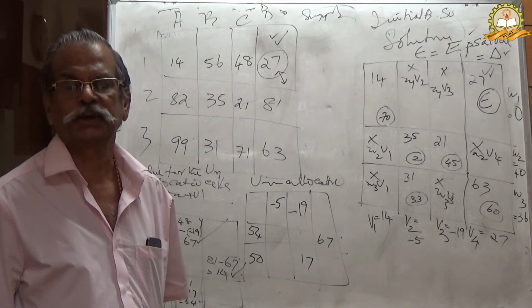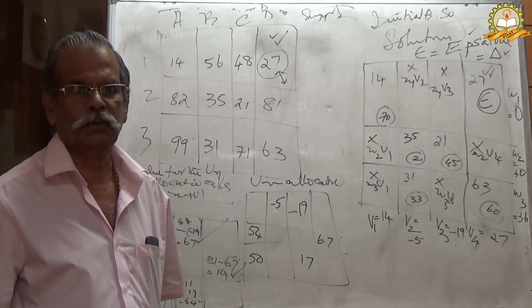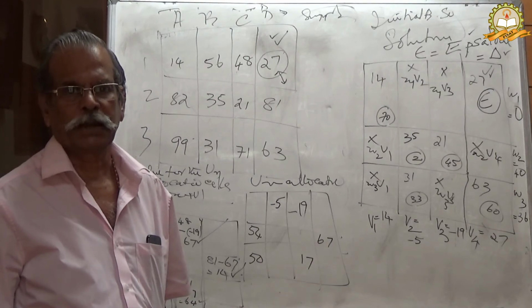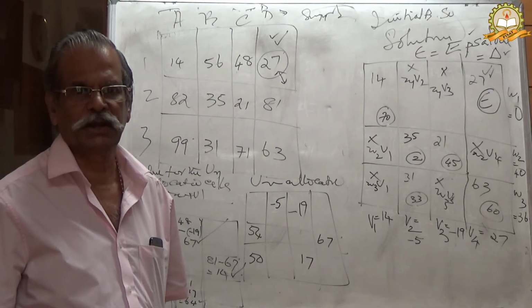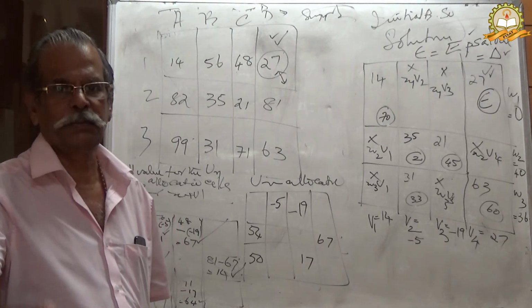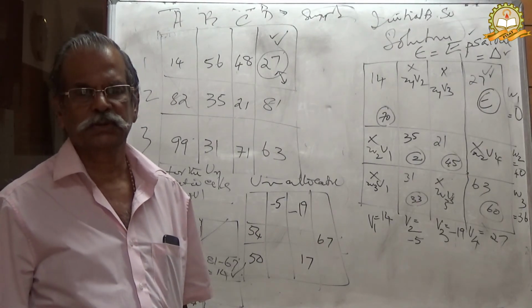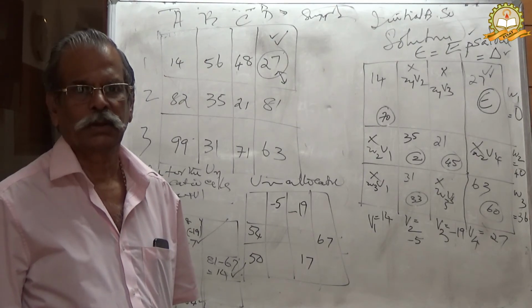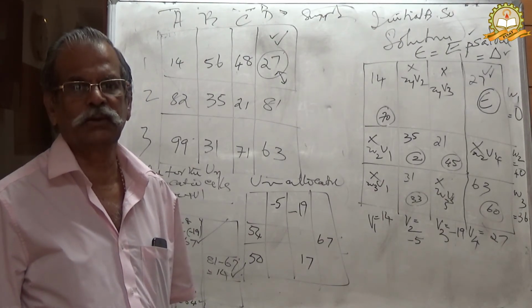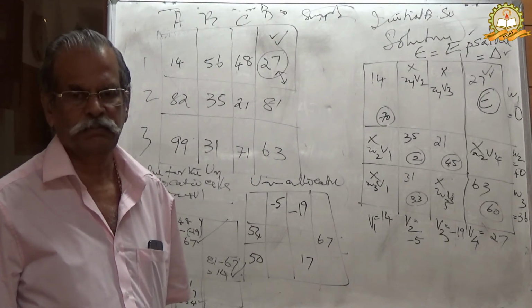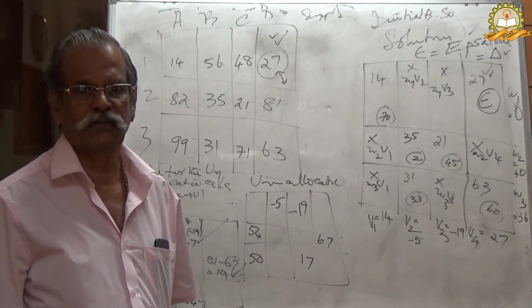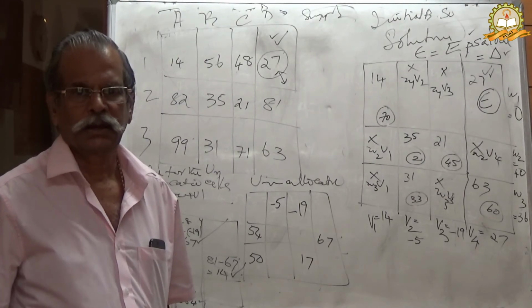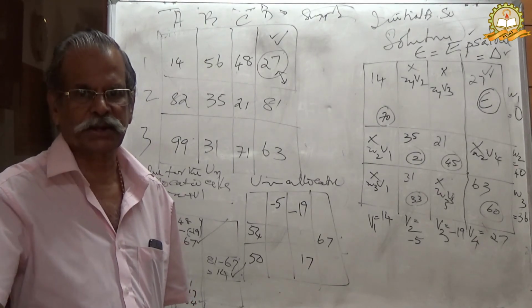Therefore, a maximization problem is converted into minimization problem in transportation problems, by considering highest cell value in the given question, and constructing a revised matrix,